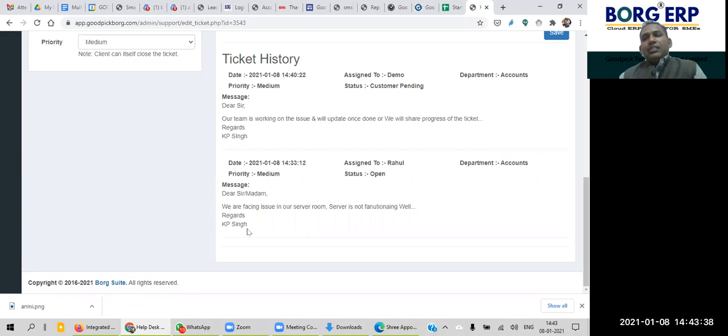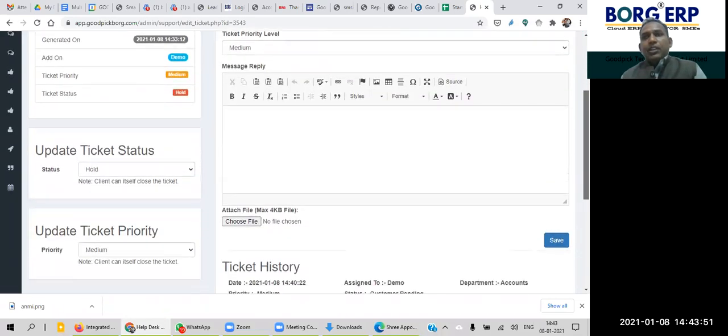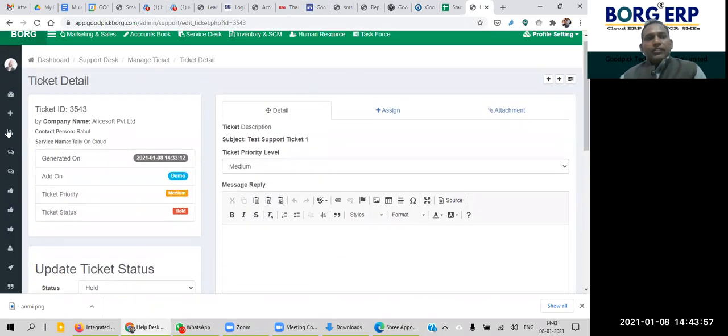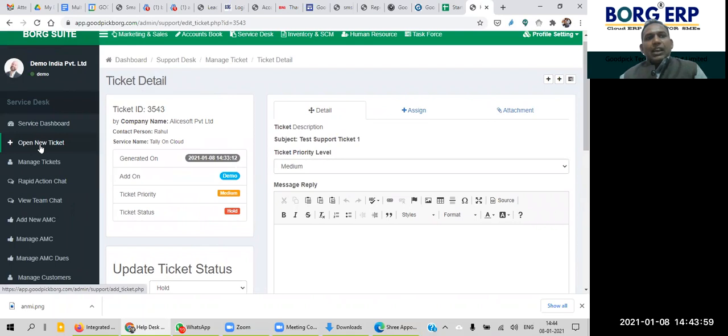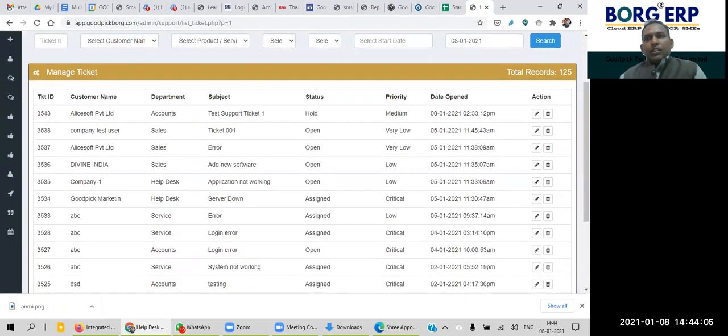You don't have anything to track, and you may not be available in the office all the time, so it's very difficult for the authority or management of the company, or a manager, supervisor, whoever they are, based on the hierarchy of the company, to track. So this is very important, right? So this is how a ticket can be managed.